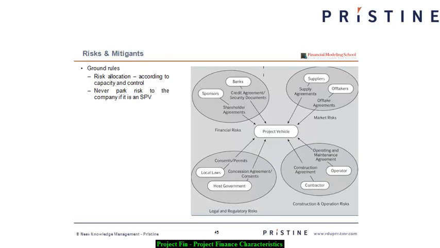So how are the risks mitigated? Typically, these risks are mitigated by signing complex contractual agreements with the various parties involved. For example, the SPV could sign contracts with the sponsors, essentially the shareholder agreement, and with the banks, essentially the credit agreement. This makes sure that your funding risk is taken care of. Again, with the suppliers, you need to make sure that your execution risk is taken care of,